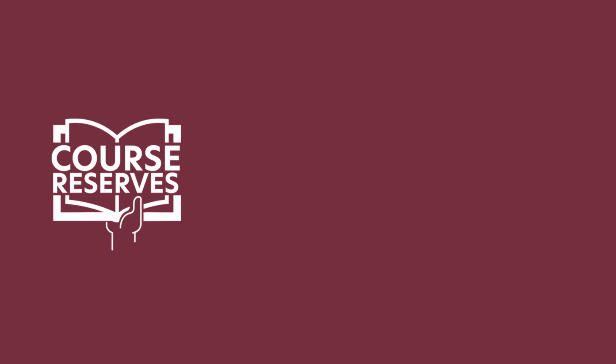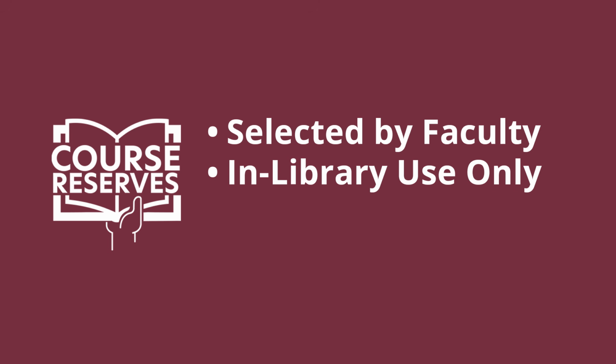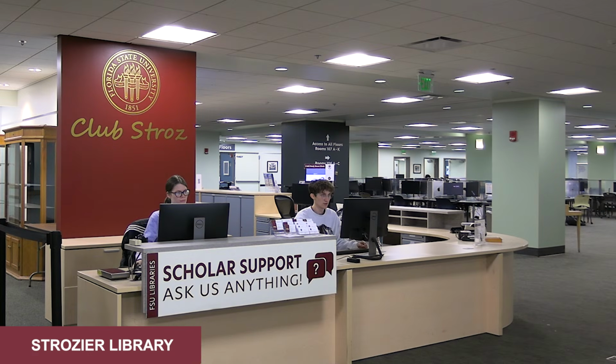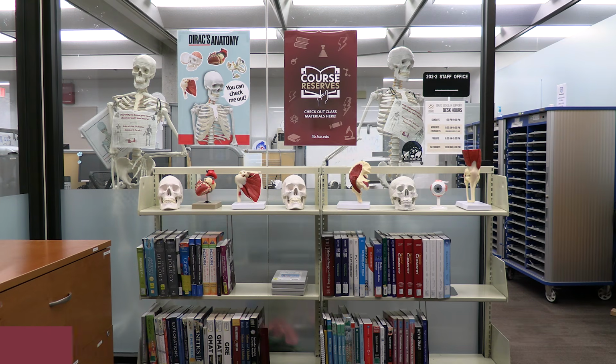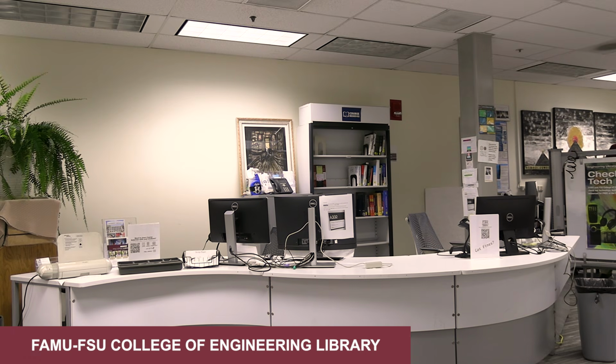The Course Reserves collection is material selected by current FSU instructors to ensure access to required materials for enrolled students. Physical materials are available at our Scholar Support desks for in-library use only. E-reserves include digital textbooks, chapter and article scans, and other electronic media requested by instructors and embedded in Canvas course